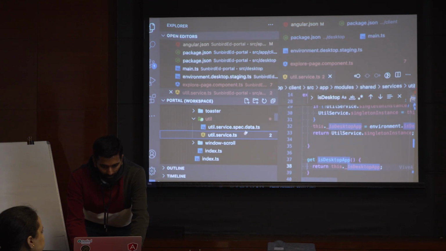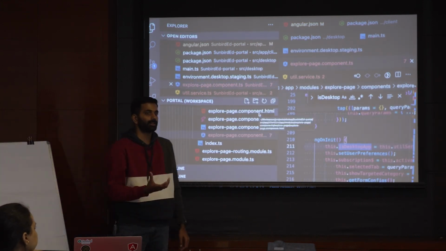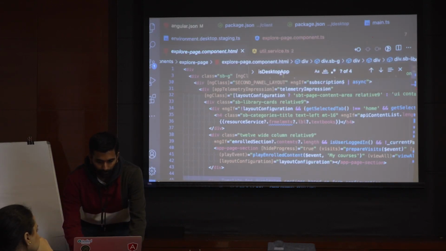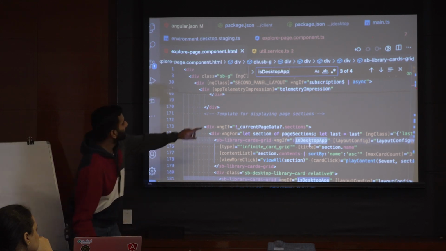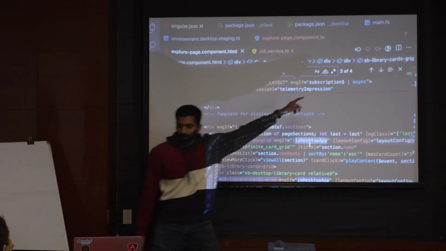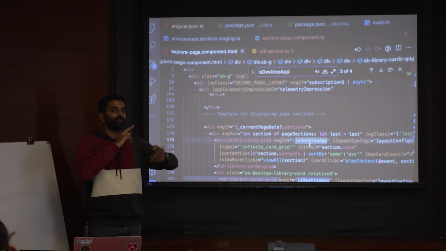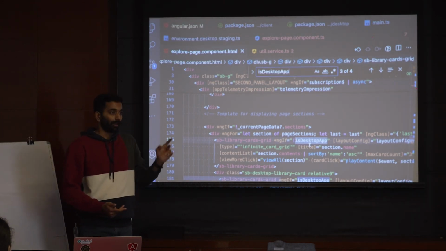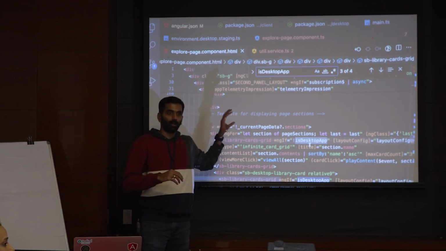Now, how is this variable helping? You can ask, if I have this variable in the util service, how is the UI getting different? Go to the HTML page. Search for the variable. If you see, there are around 4 places this variable is used. That means 4 different sections we are actually toggling between. If it is a desktop, use this. If it is not a desktop, use this. And we are not rewriting the code. If we have a closer look and understanding,